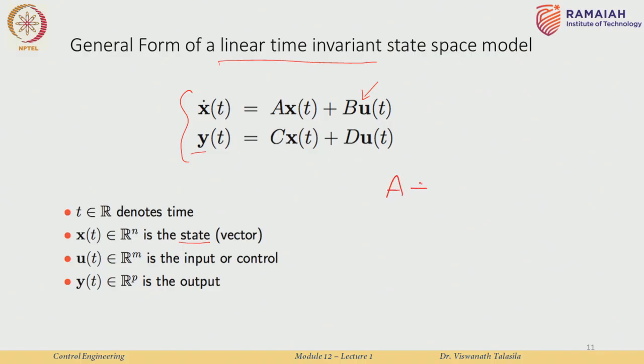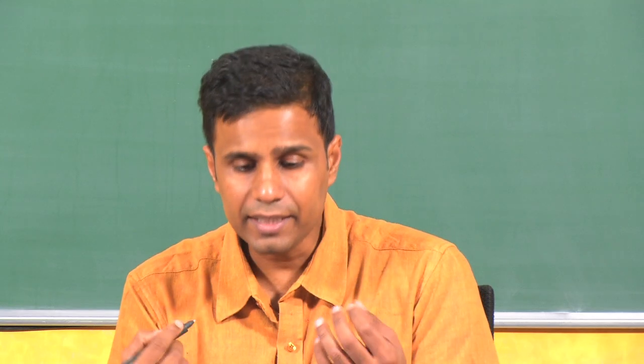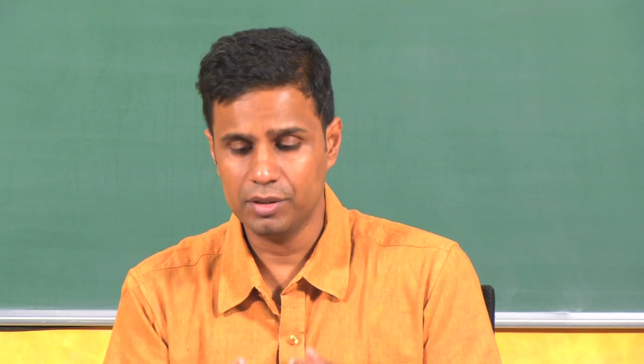A is basically, there are different words for this. I can call it the dynamics matrix or the state matrix, or a much better word would be the interconnection matrix. Okay, I will explain what this is. So, the interconnection matrix basically tells how different states of my system are actually connected with each other, or related with each other, or you can say